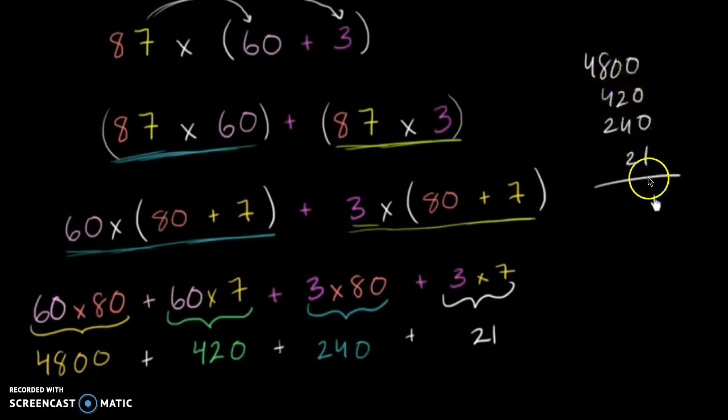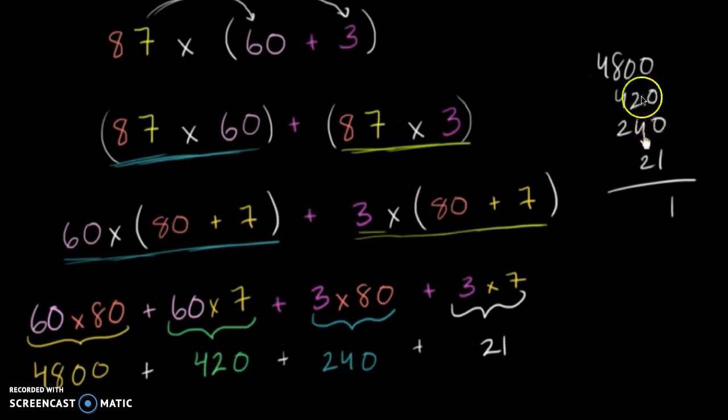Make sure that whenever you add, you line up the place values. Your ones are lined up, your tens are lined up, your hundreds are lined up, and your thousand places are lined up. In my mind, what I'm doing is I'm going to add on from right to left, and I'm going to add up my ones place. 0 plus 0 plus 0 plus 1 is 1. Moving on to our tens place, 0 plus 2 plus 4 plus 2